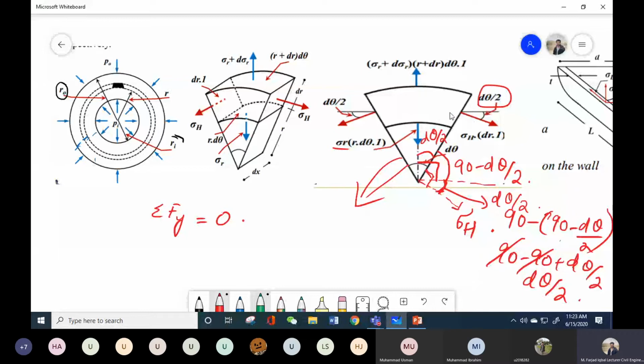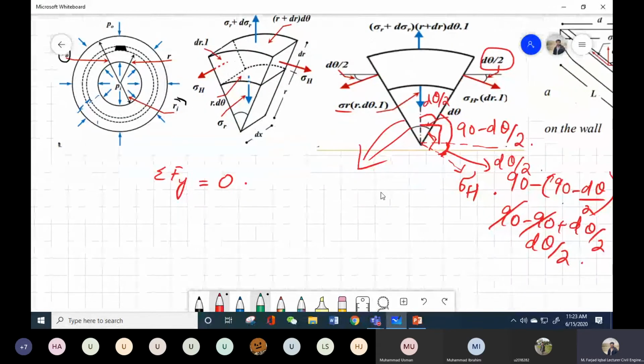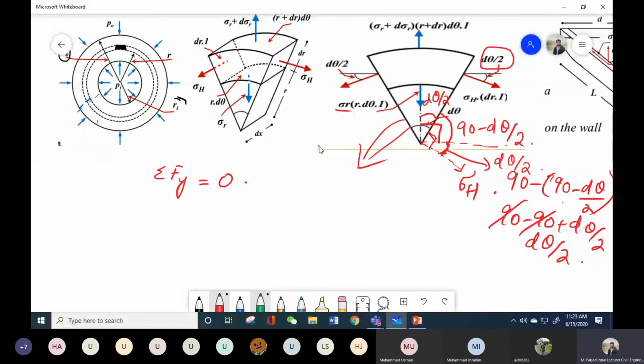So that is why this angle of the hoop stress with the horizontal is d theta by 2. Now if I write the equation for forces in the y direction, I have one force, the other is this force, that is sigma r into r d theta, and the third force is the y component of this hoop force, which is acting in the downward direction. So the equation will be